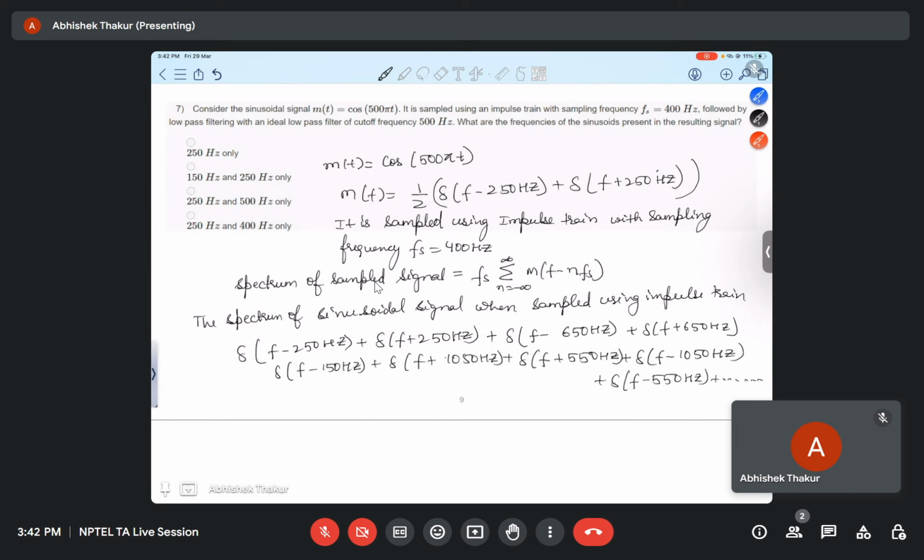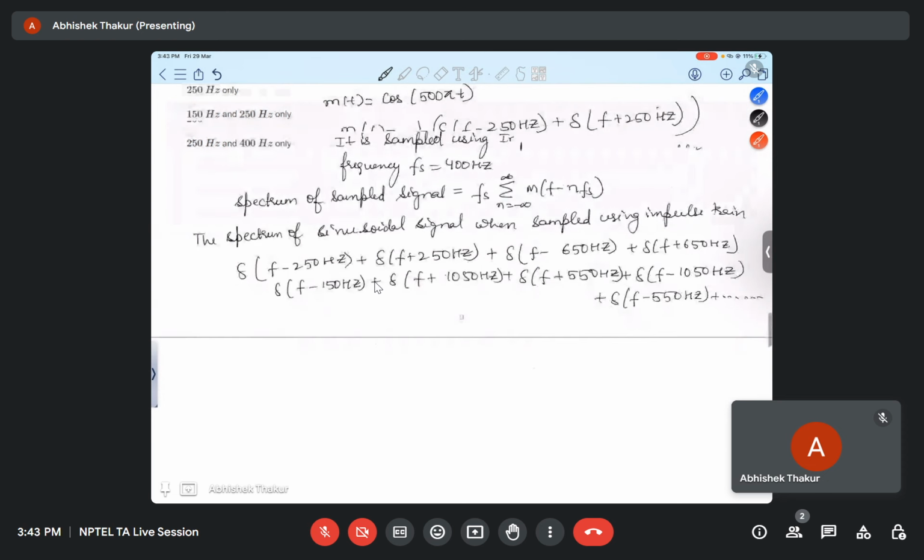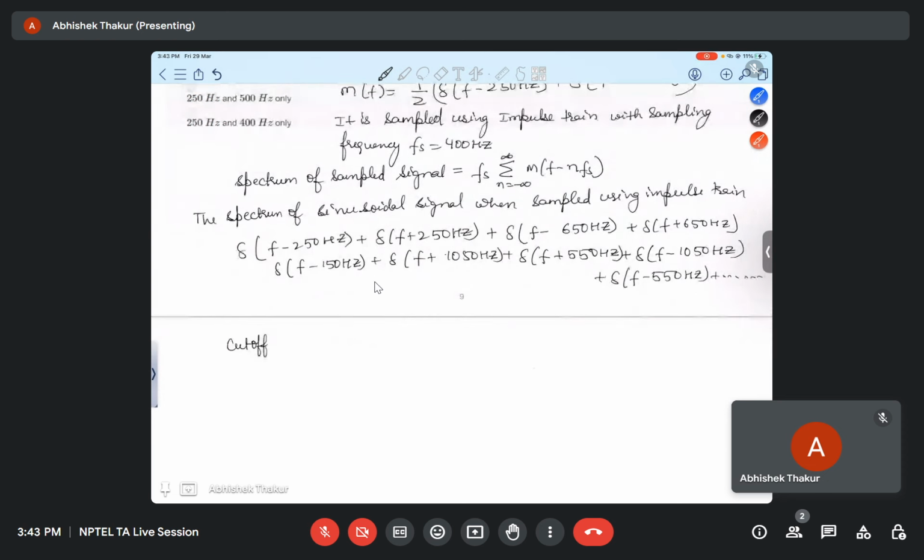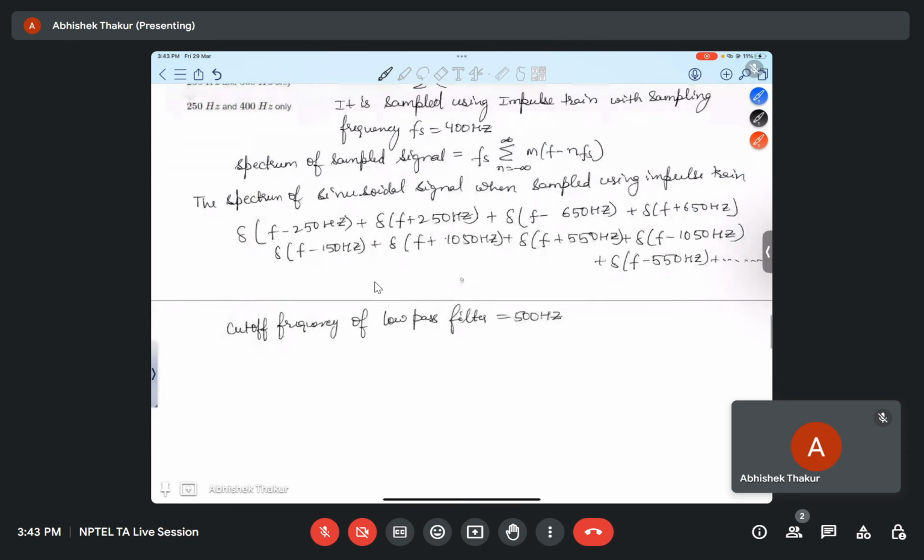Okay. Now what we have done? We have sent this signal to the low pass filter, and the cutoff frequency of the low pass filter is 500 Hertz. It's given in the question. So the cutoff frequency of the low pass filter is given as 500 Hertz. Now the components having frequency less than 500 Hertz will be reconstructed. So this one will be filtered out by the low pass filter. This is again